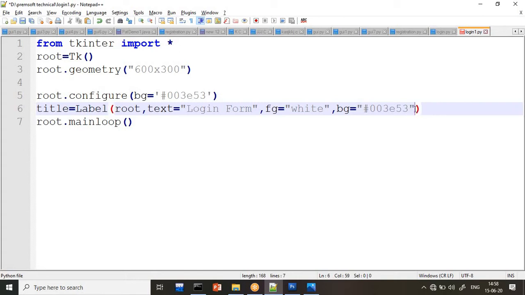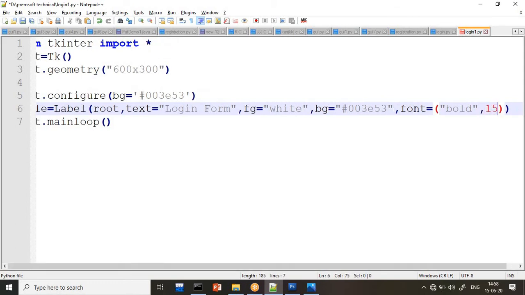Okay, then what font do you want? I will take font equal to, and in the font I want it to be bold and the size to be 50. So save and just check whether it is coming or not. It will not come because we did not place it.